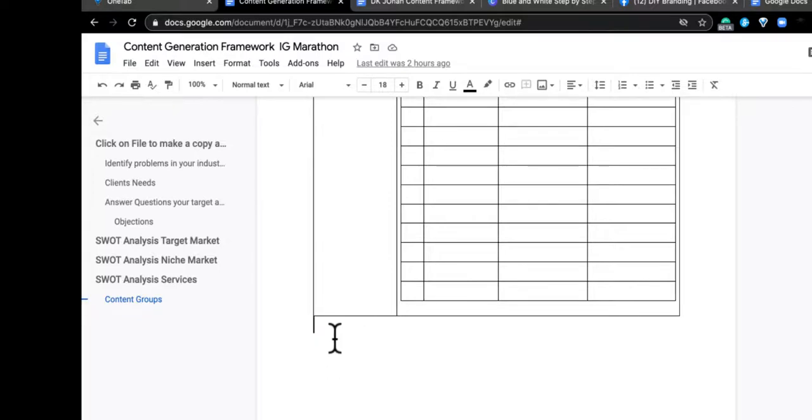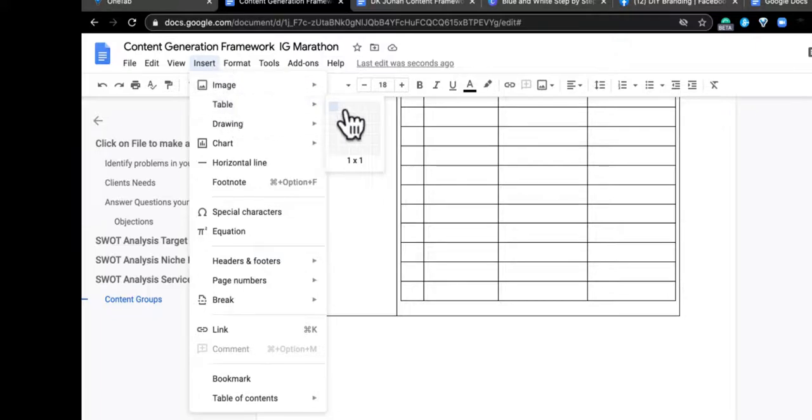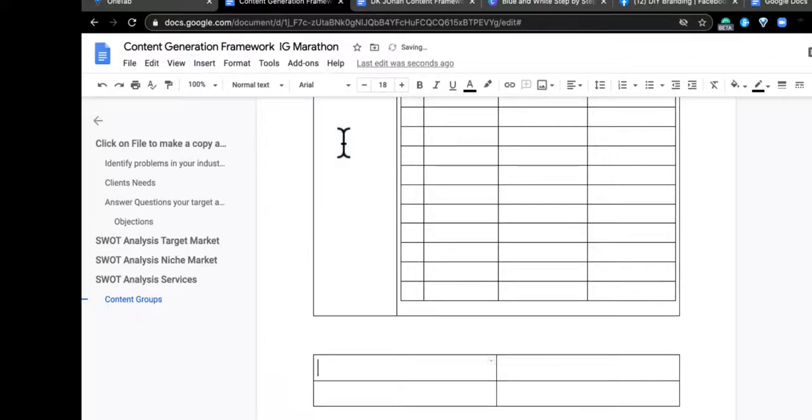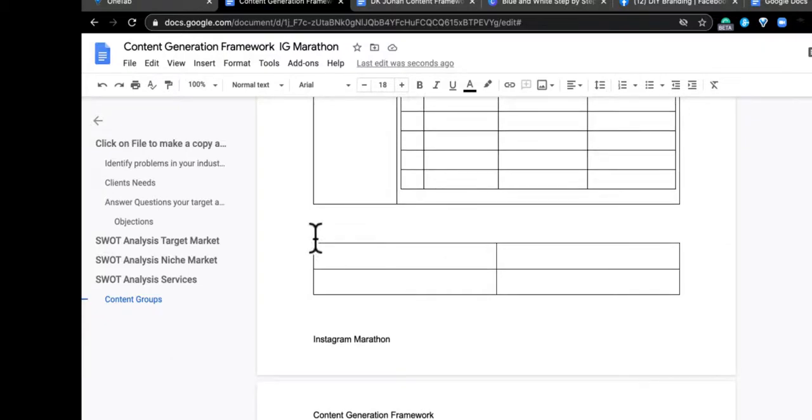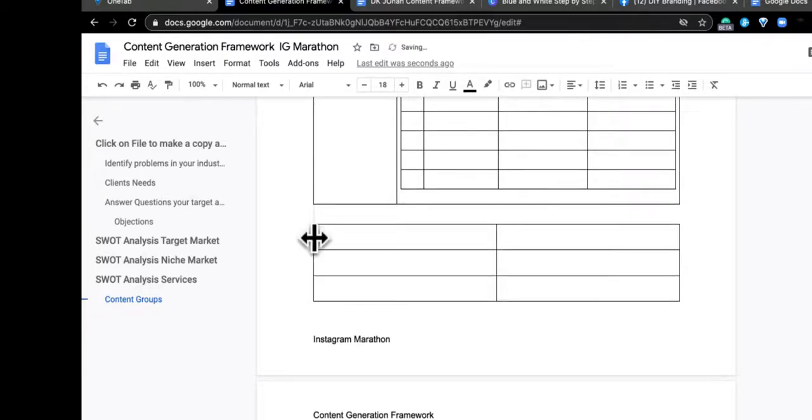So I added it to the end of the document, and I want you to write the industry you belong to. That's very important. Why is it important to know your industry? It's important to know your industry because you need to know who you cater to and what's happening within your sector. Not knowing the industry you belong to makes you miss opportunities that you should have been able to take